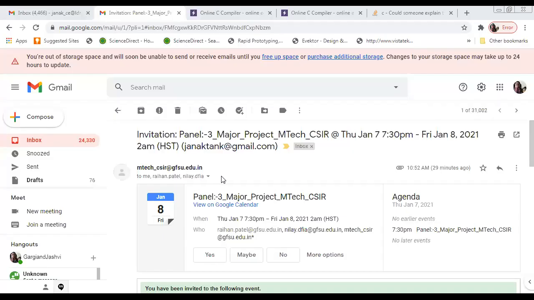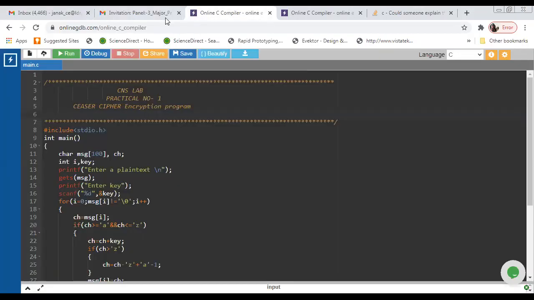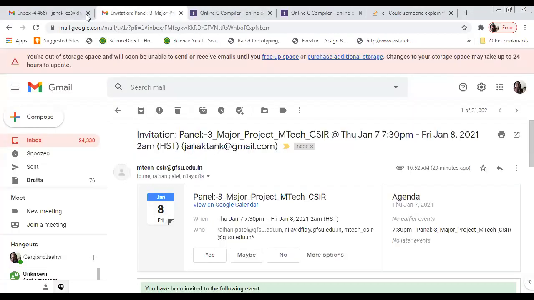Caesar cipher as I'm sharing a screen. Okay, so let us start today's practical for identifying the Caesar cipher.